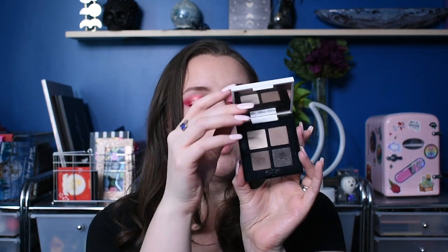Alright, coming in at number 6 is this little Give Beauty quad, which the covers all look like this, and then the actual colorway is Danger Zone. So it's this cool matte kind of quad here. This one has a little bit of shimmer in it, but it really gets lost on the lid. So it's otherwise just a cool toned quad, and I thought it paired nicely with my number 5 palette,